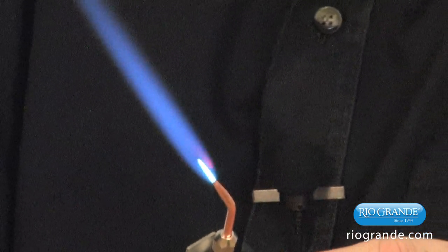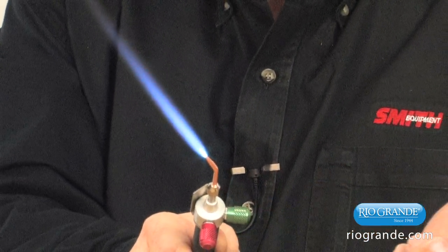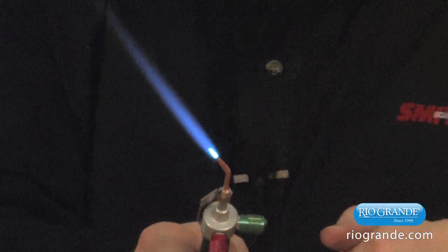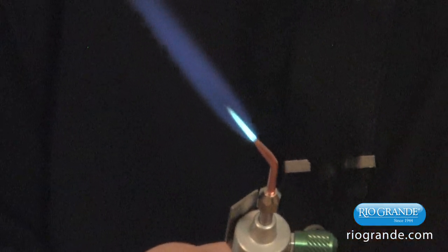Now what I want to do is add oxygen to that until that feather gets to its shortest point, and then stop. If I go beyond that, I'm going to oxidize that flame. If I don't have enough, if I've got that out like that, that's carburizing,